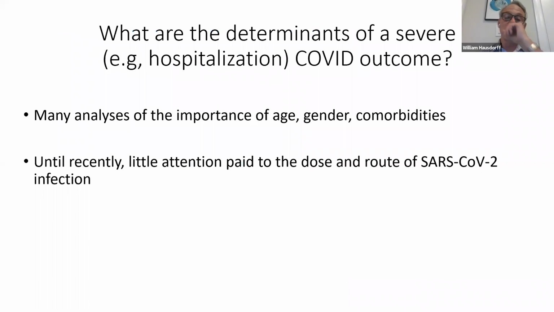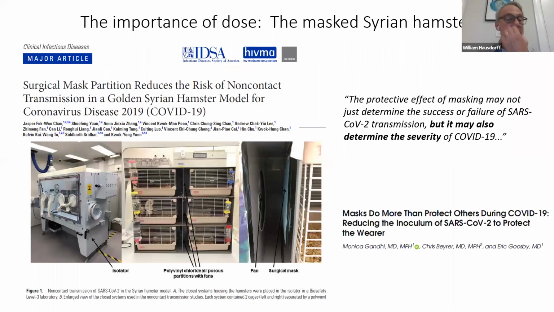And as I mentioned, many people have talked about the importance of age, gender. Men are a little bit more likely to get sicker, the comorbidities, but also the dose and the route. So I wanted to show you this picture because I really thought this is fun. This is the fun part of science, in case you were looking for fun. How do you actually test this idea that the amount of dose that you get infected with can affect how sick you get? You can do studies in animals. Very easy to do studies in animals. Some people are starting to do studies in people, actually,